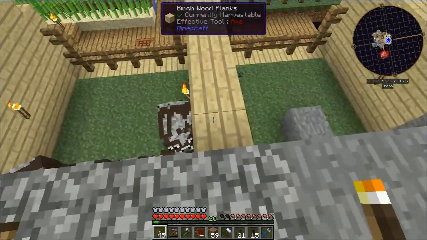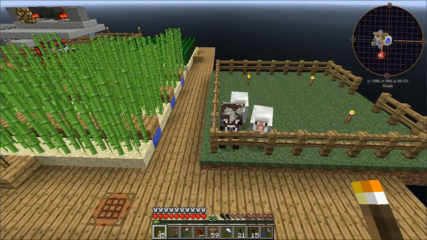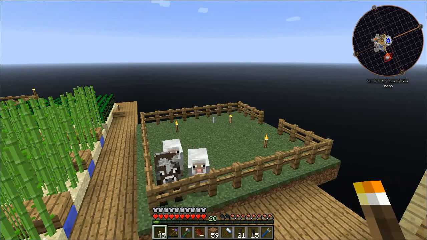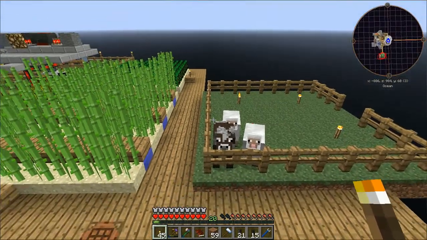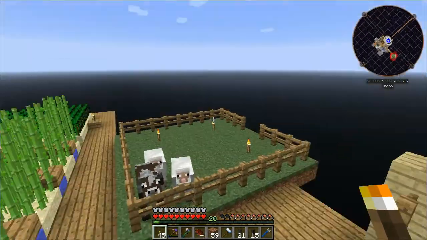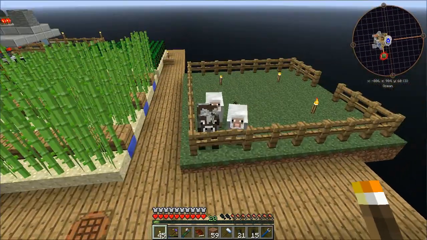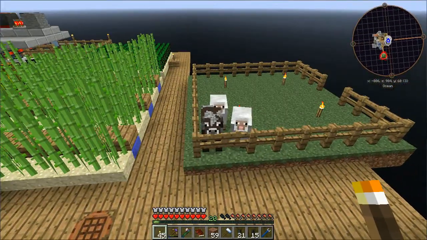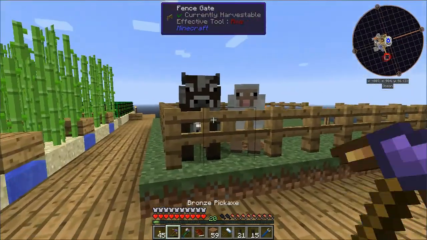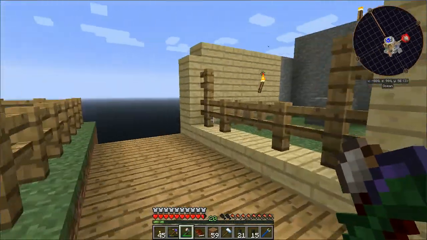So, I put down a couple of grassy pads, which is where I was thinking of expanding to Botania, and I forgot that anytime you have any open grassy area, animals are going to spawn. So I had to fence it in just to keep myself from being eaten alive by the sheep and the cows. So the sheep I'm going to try